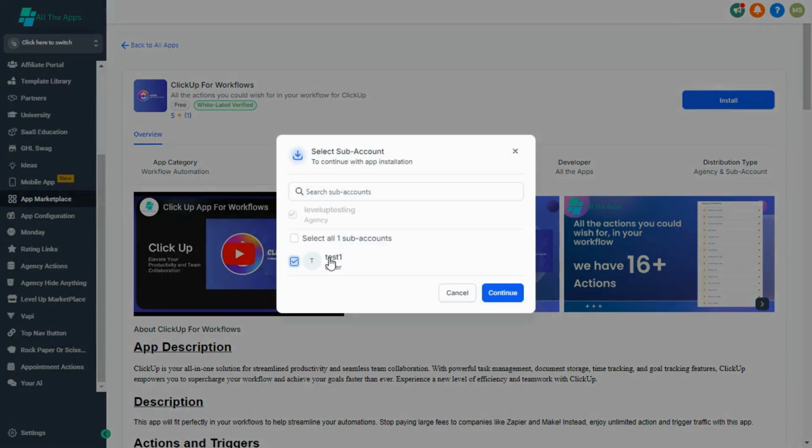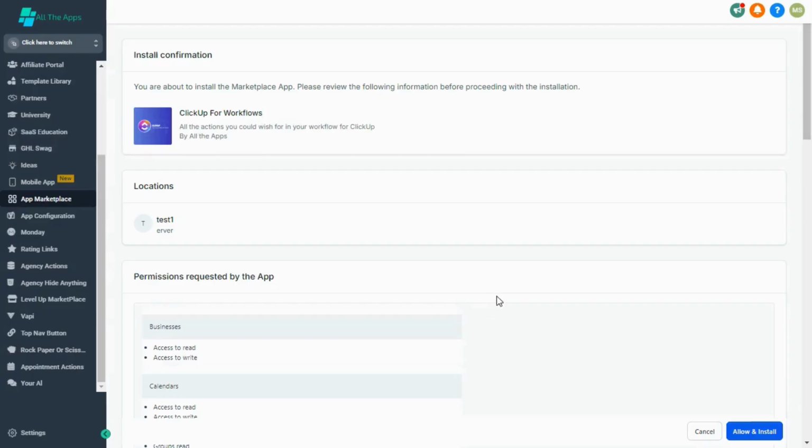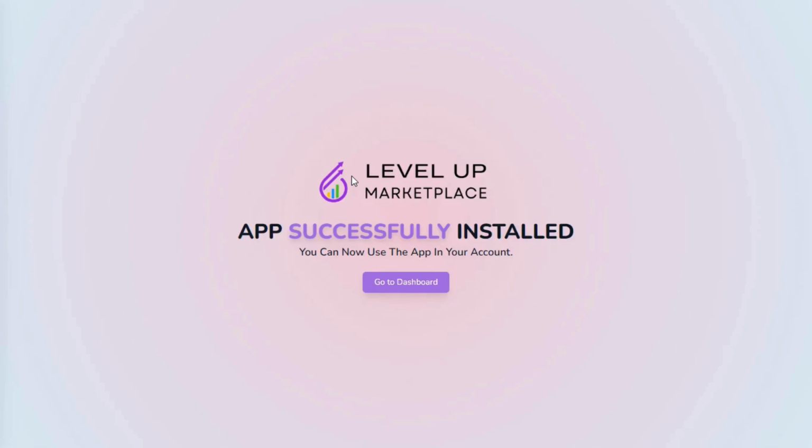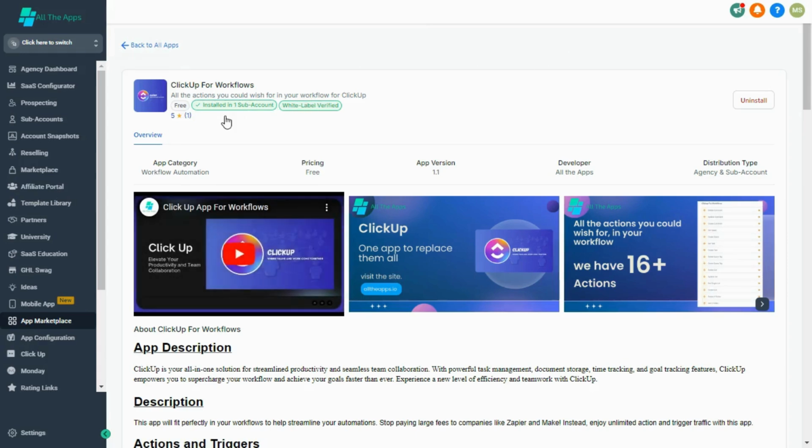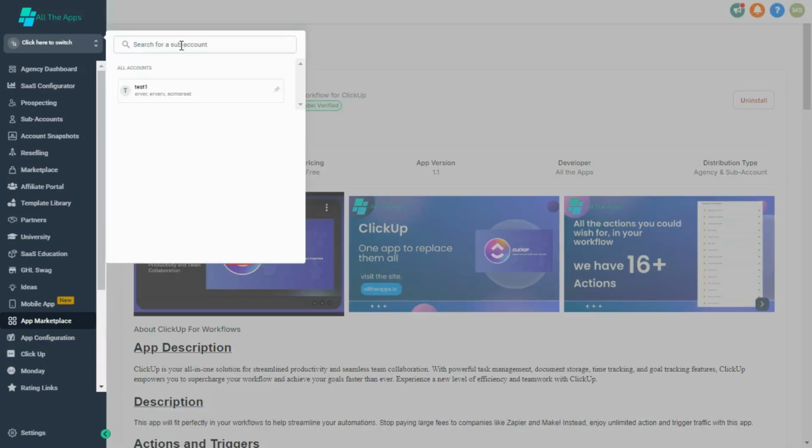It's up to you. You can install it on any of your sub accounts, or you can choose multiple sub accounts if you have them available. Continue with that. Allow and install, and it's successfully installed now. It's fetching the data. And the next move will be choosing the sub account on which we have installed it. Yeah, it's done. Let's just choose the sub account,